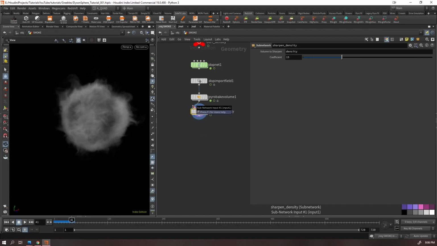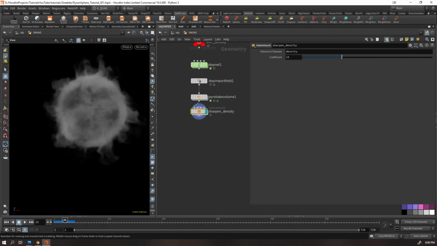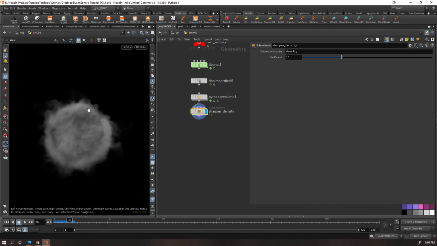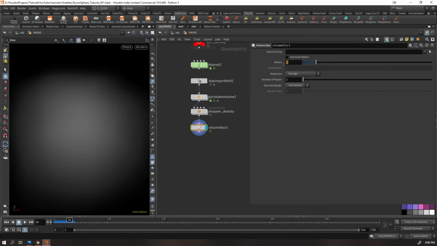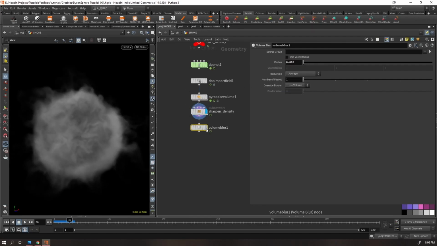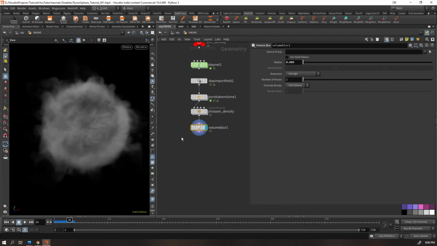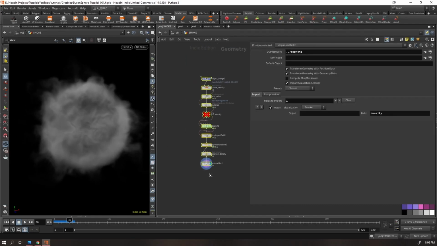And also if you're seeing some breakings in here, because this is pretty nice right now, but if you're seeing steppings, you can also add a volume blur. Obviously it's too much, but 0.005 maybe is nice. It depends on your test. Right now we're not seeing any issues, but in case you are, just